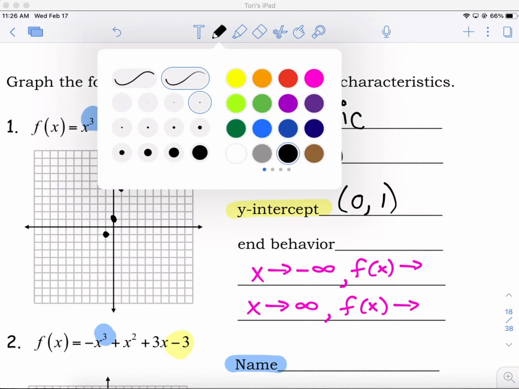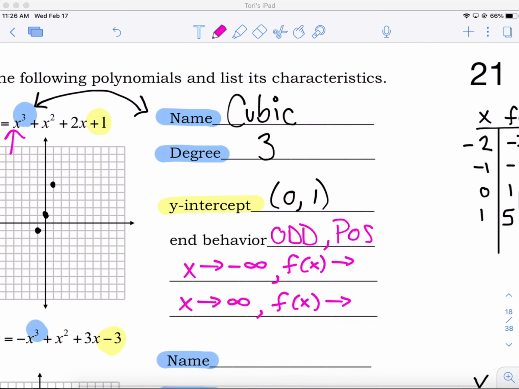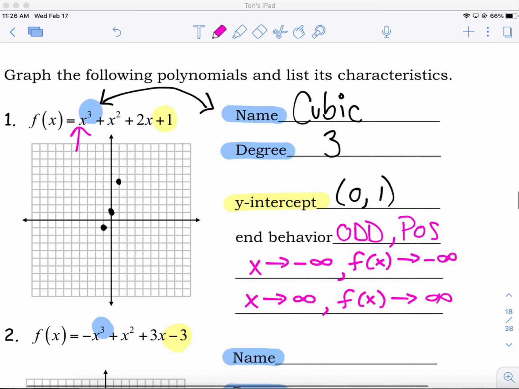Right now, I know that my shape is odd. And I know that my leading coefficient out here is positive. That tells me which direction I'm going to go. Odd, but positive means it's going to shape like this. Okay? All right, that means when my x's go negative, my y's go negative also. And when my x's go positive, my y's go positive. That means I need to make sure that my graph is facing this way and this way